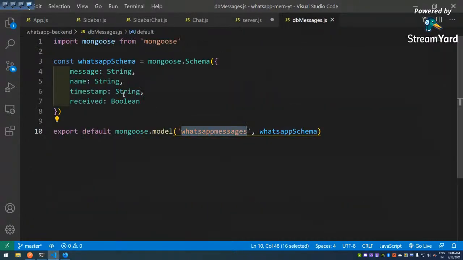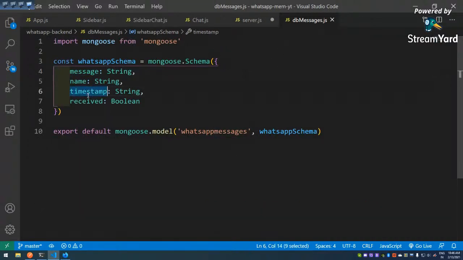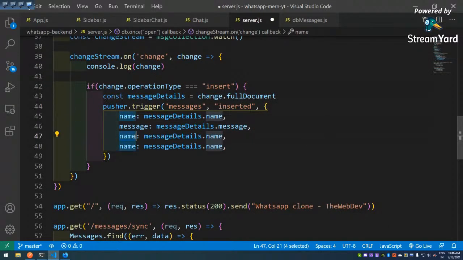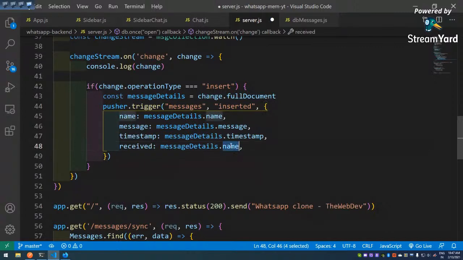I don't know why I'm giving this 4 times. Let me copy it from here only. My name is there. Message. Timestamp. Received. Save it. And where this if is ending here,